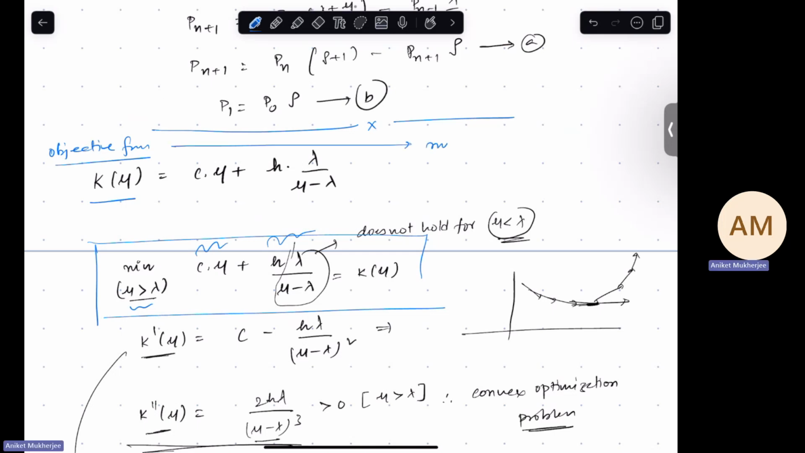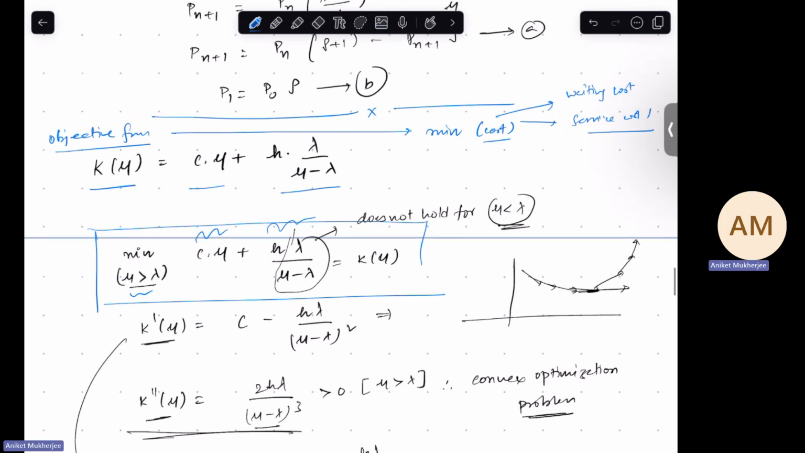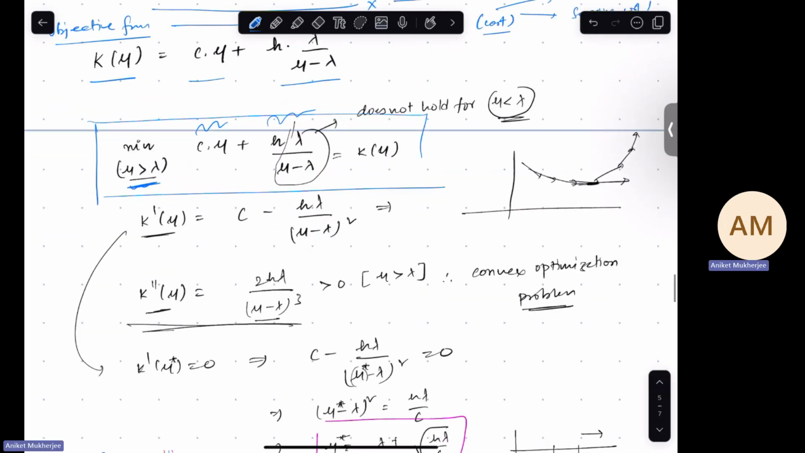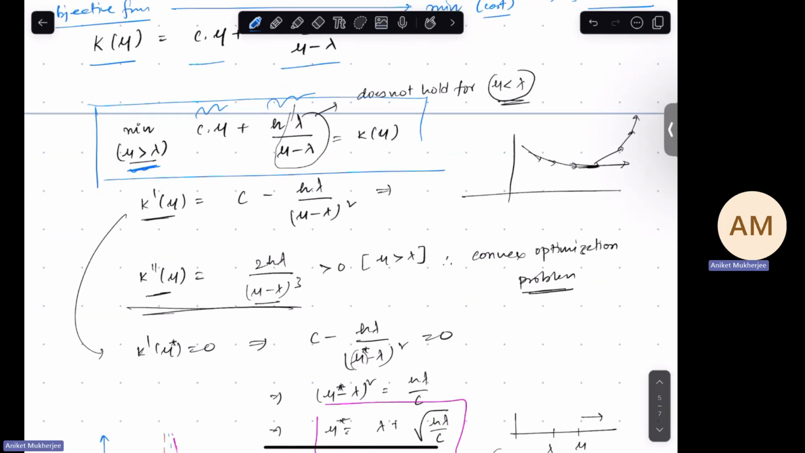Here we are trying to minimize the objective function, minimize the cost. What are the two costs? One cost is waiting cost, and another one is service cost. Right. For mu, we have a constraint: mu is greater than lambda. But we first ignore this constraint and just go ahead and